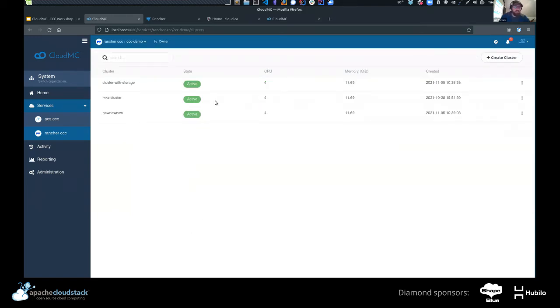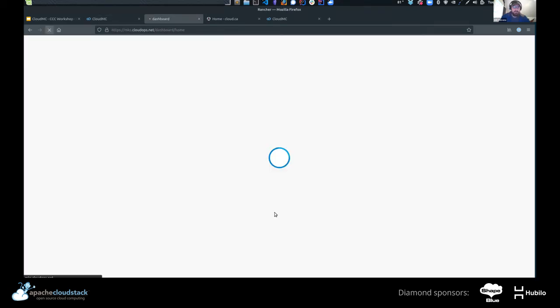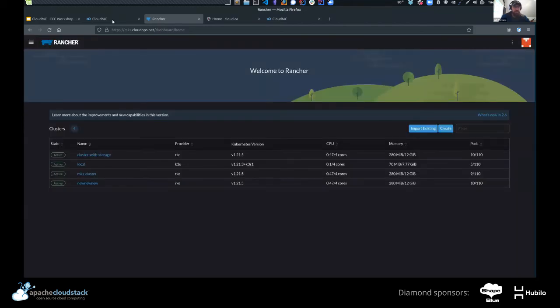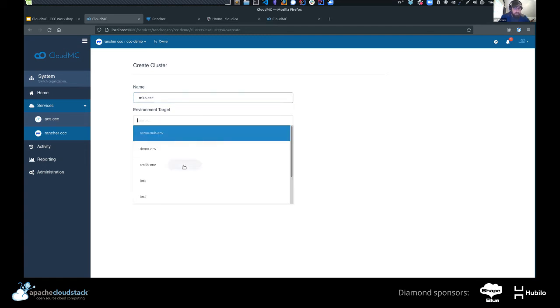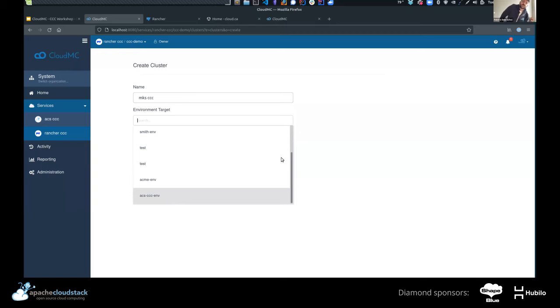I already have clusters running in this Rancher cluster. Here is the Rancher cluster right here, and this is just a standard Rancher cluster. I'm just making sure that my session wasn't logged out. Okay, good. So these are the clusters that you can see here. Essentially what we're going to be doing is orchestrating to add another cluster here, and we'll pick the right organization. We're going to put it in this one. Remove the space, Will. Okay.